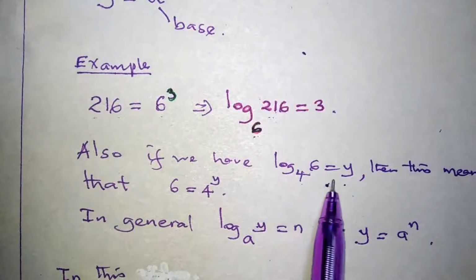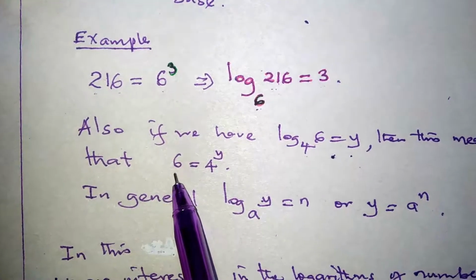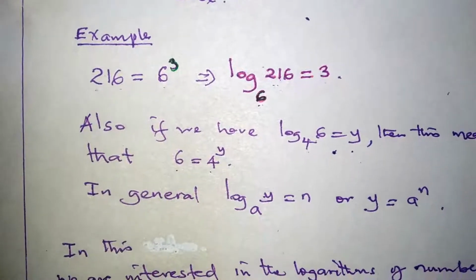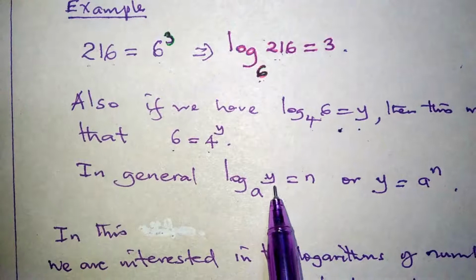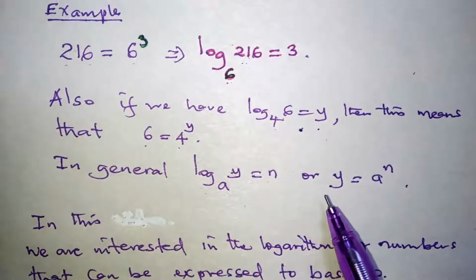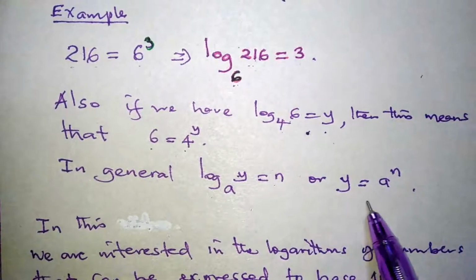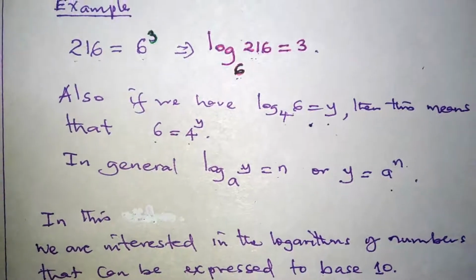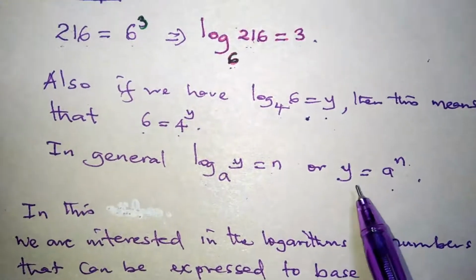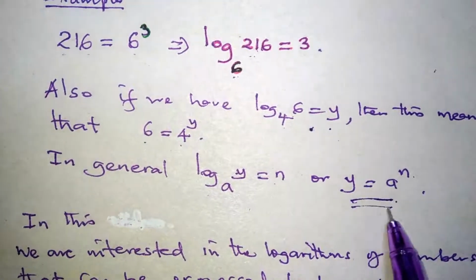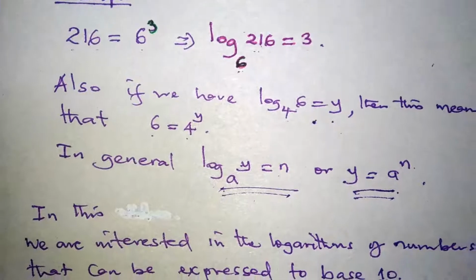Also, if we have log to base 4 of 6 is equal to y, then this means that 6 is equal to 4 raised to power y. In general, therefore, the log to base a of y is equal to n, or simply this can be written in indices form as y is equal to a raised to n. We made a statement that this can help us to be able to write logs in terms of indices and indices in terms of logs. Now,